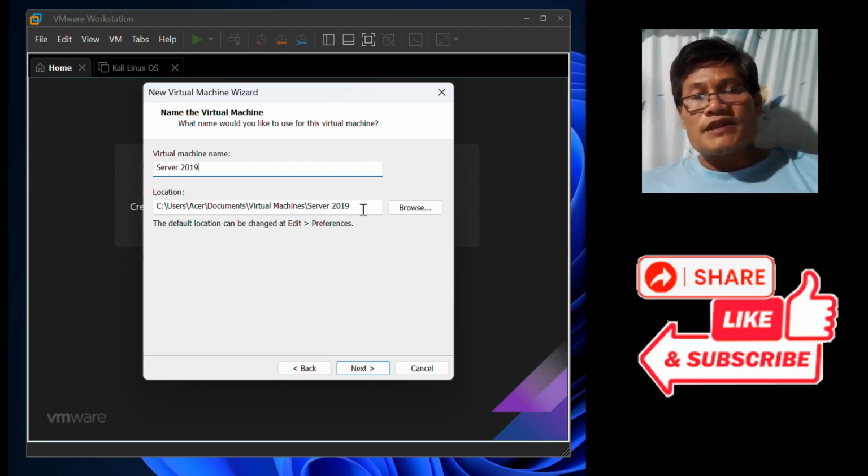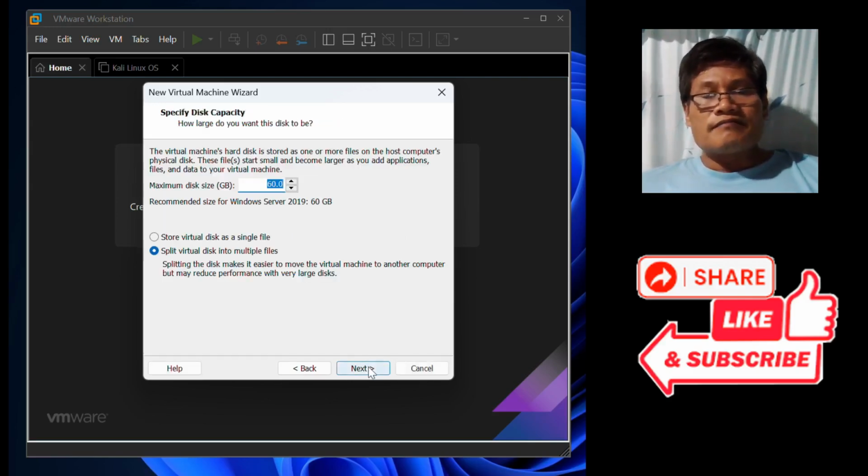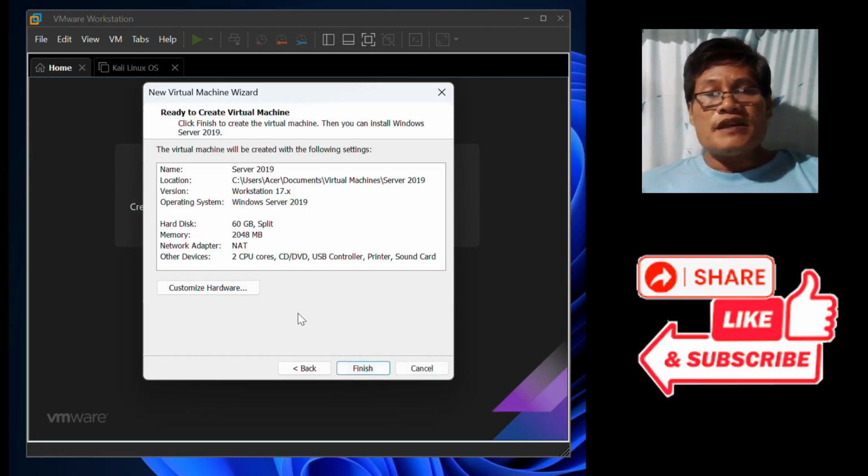Then we'll just click next. Minimum of 60 gig, and then we will just make use of the default settings. Split virtual disk into multiple files. Okay. Then click next.